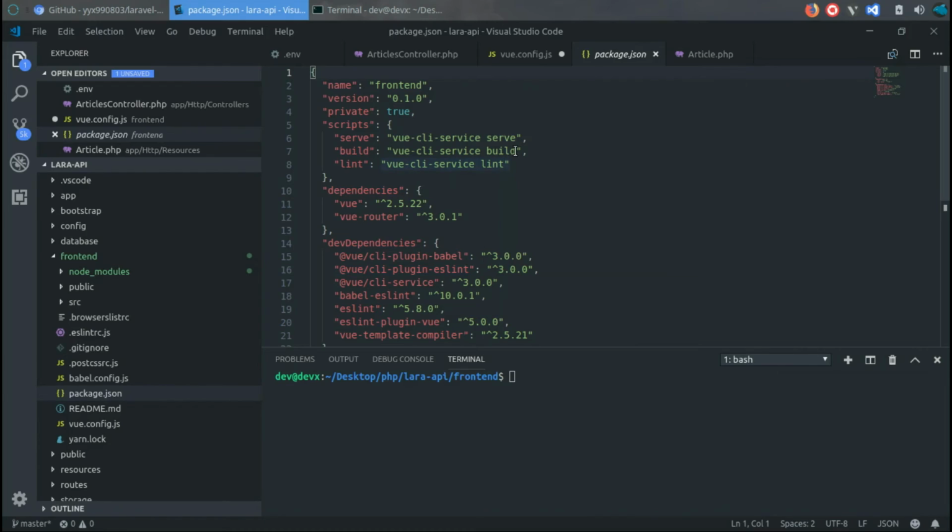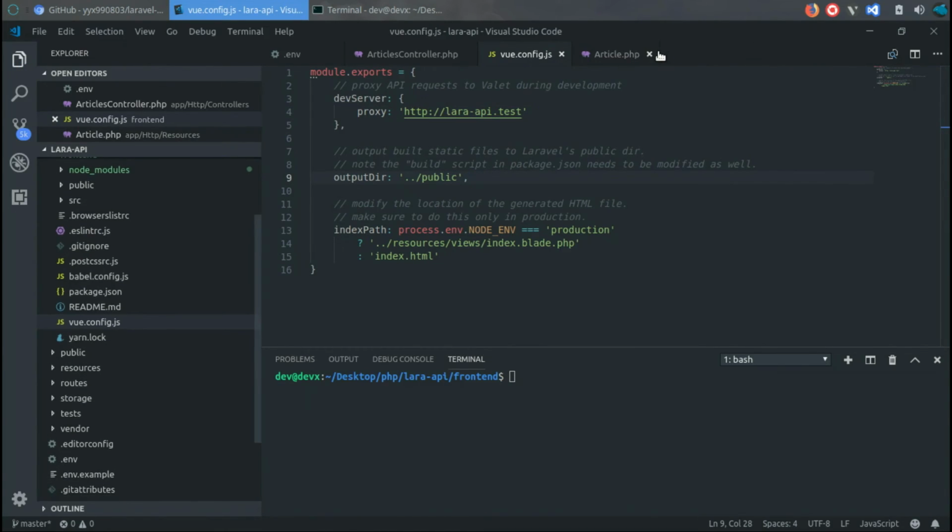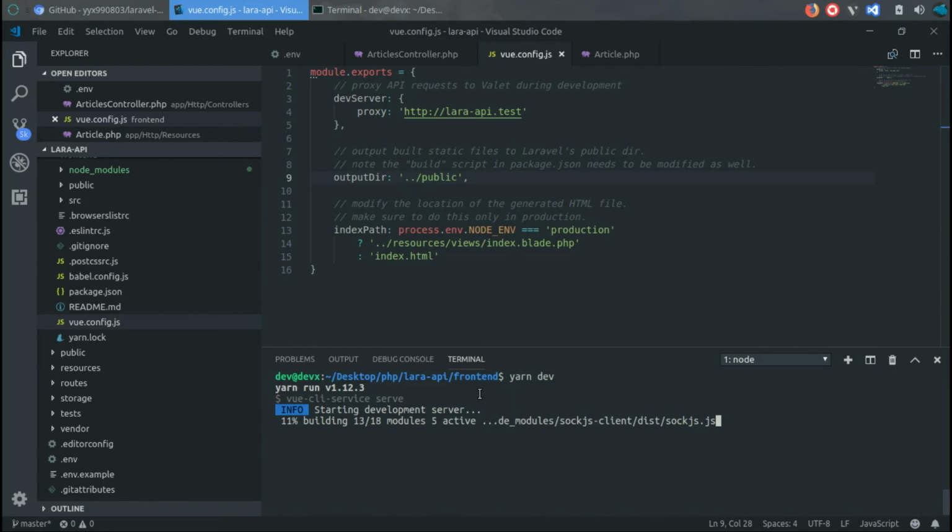Okay, so now we go in the build and you remove this one with that we just copy now, and you save it. And what I prefer to do is the serve change with dev. It's just more short and quickly. Okay, we save this one, and now we can say yarn dev. Let's stop this server, and before this let's save the changes here. We don't need that. Let's go to start again. If everything is fine, it's going to compile and build everything for us, and we can open our front-end project